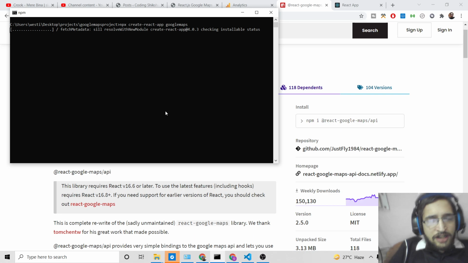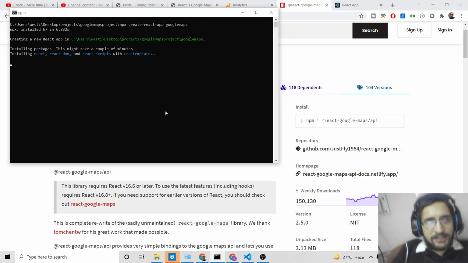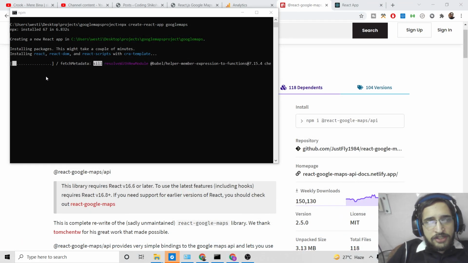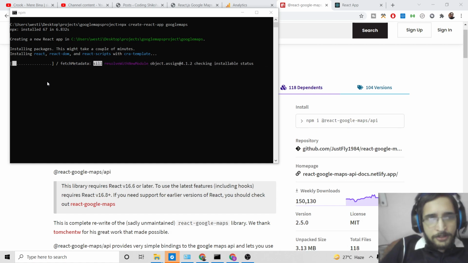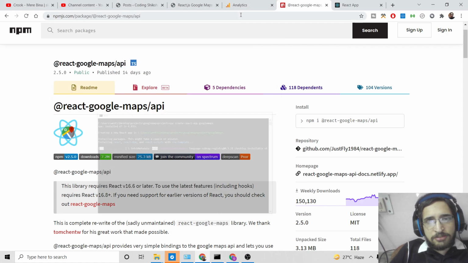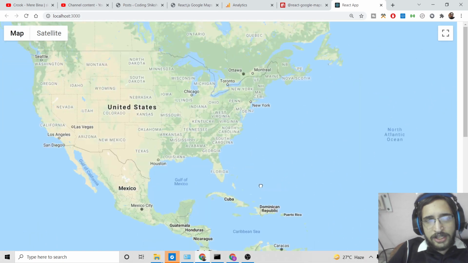So now it will hardly take at most 40 seconds and it will create your React app here. So it is just creating it. Let me just wait here. I will not pause the video. You should be watching the complete video to get the idea of how to implement this inside your React.js application. This totally depends upon your internet speed. So this is a great app here. You can just navigate to any country in the world here.